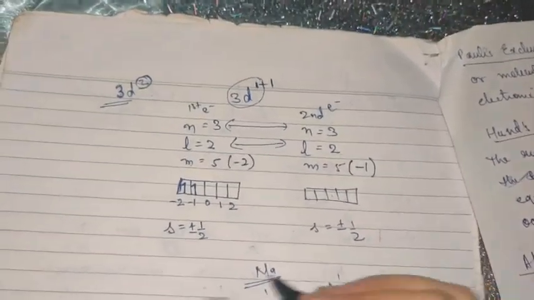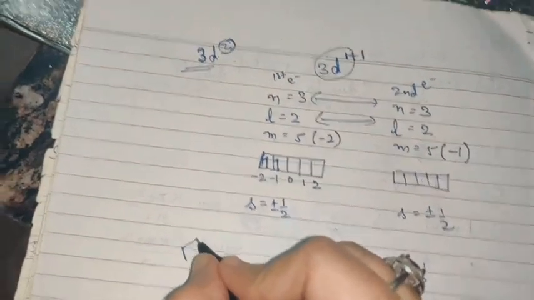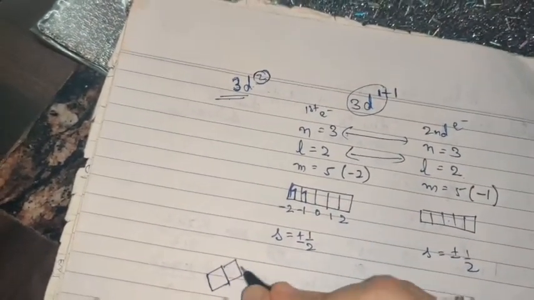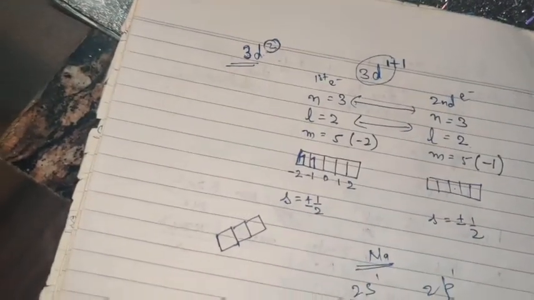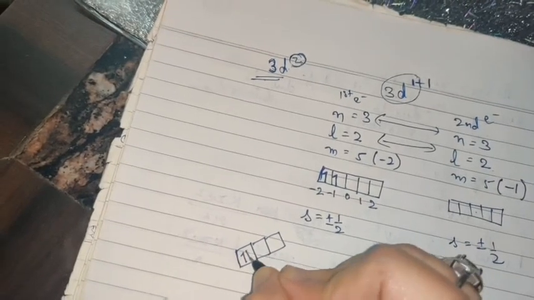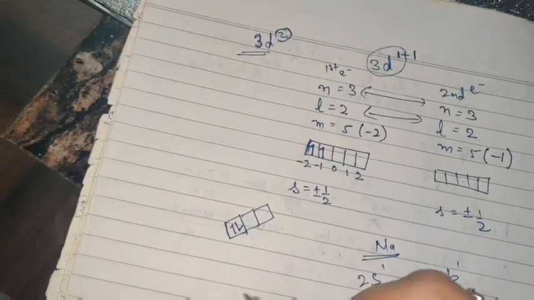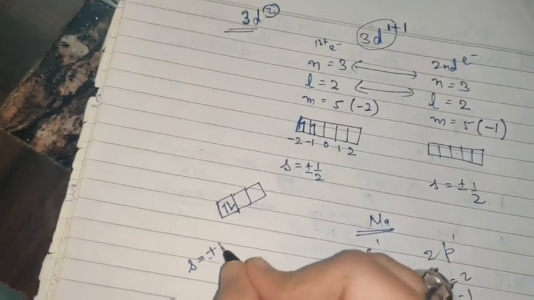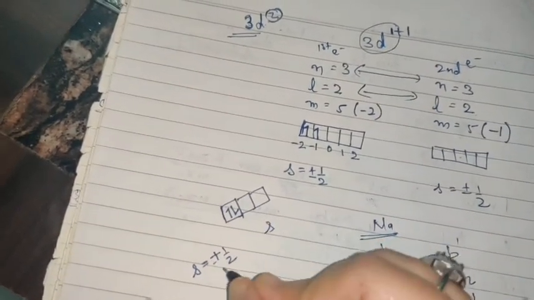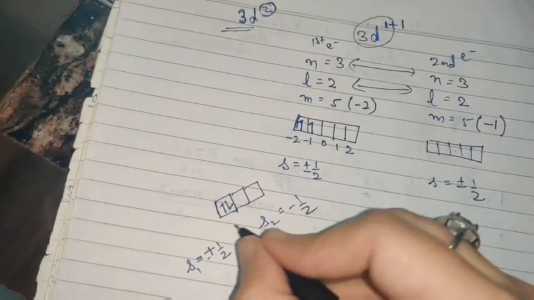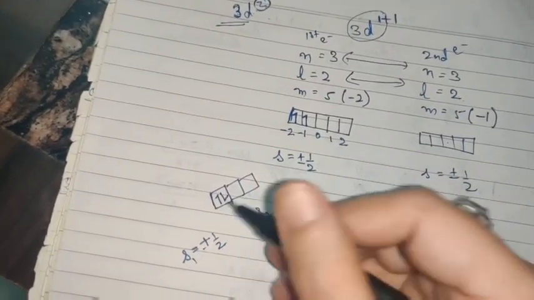If suppose I am considering one more case, if suppose in case of any orbital, the 2 electrons are present in the same orbital, then their spin will be different. So in that case, if the value of S1 for one is plus half, then for the other S2 will be minus half. Why? Because one is parallel, then the other is anti-parallel.